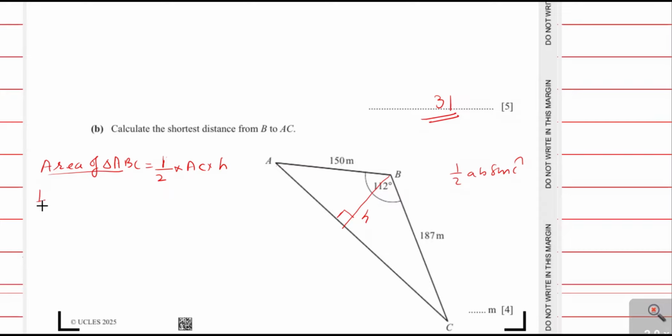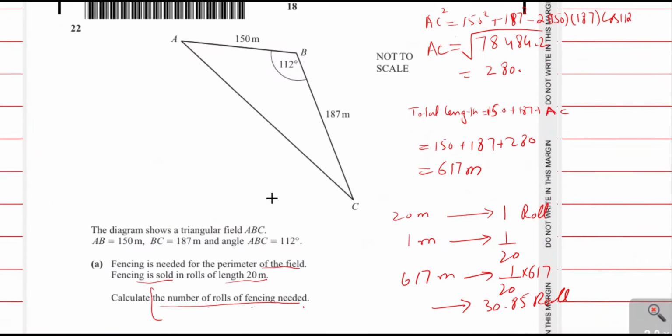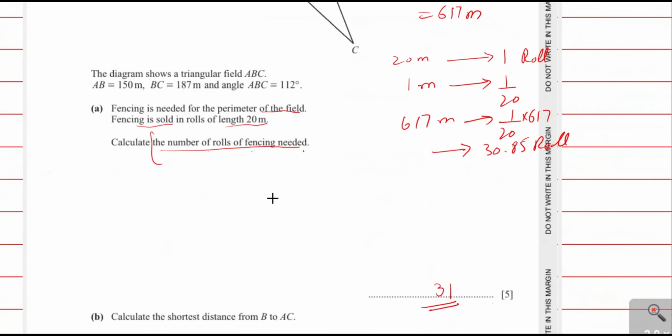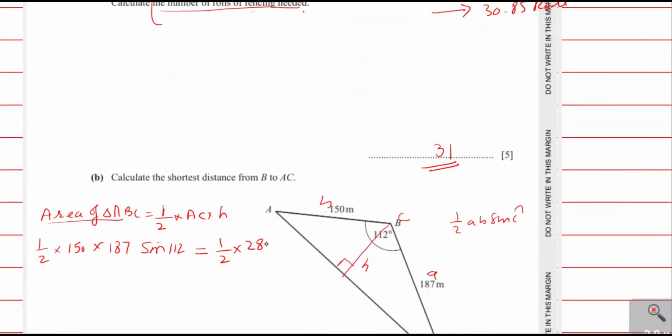And this area is 1 over 2 into 150 into 187 into sine of angle 112. This is A, this is B, and this is angle C. We can write 1 over 2 into 150 into 187 into sine of the angle between them. And this is 1 over 2 into AC length, and this length AC is 280. We write here 280 into h. The 1 over 2 is cancelled and we write 150 into 187 sine 112 divided by 280